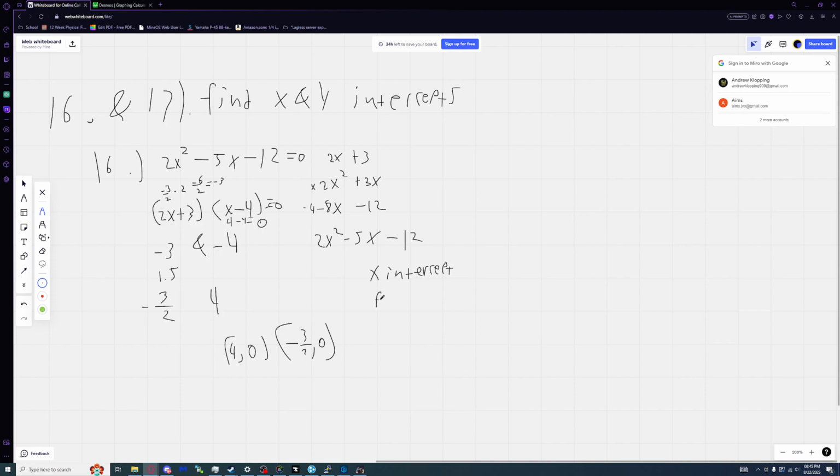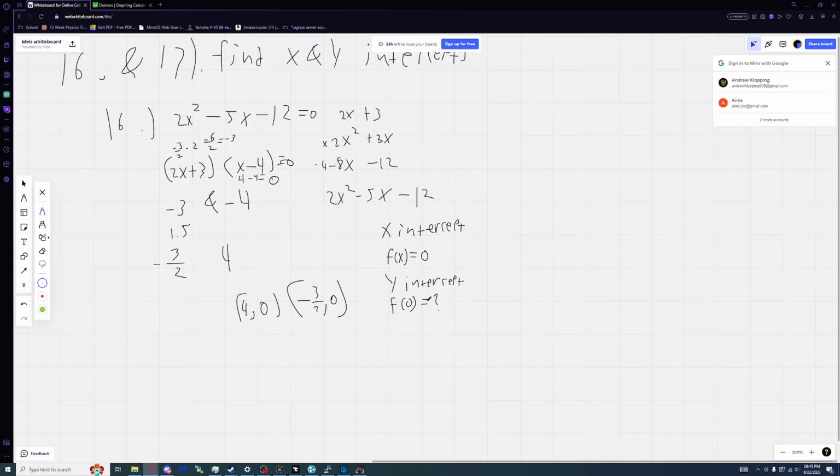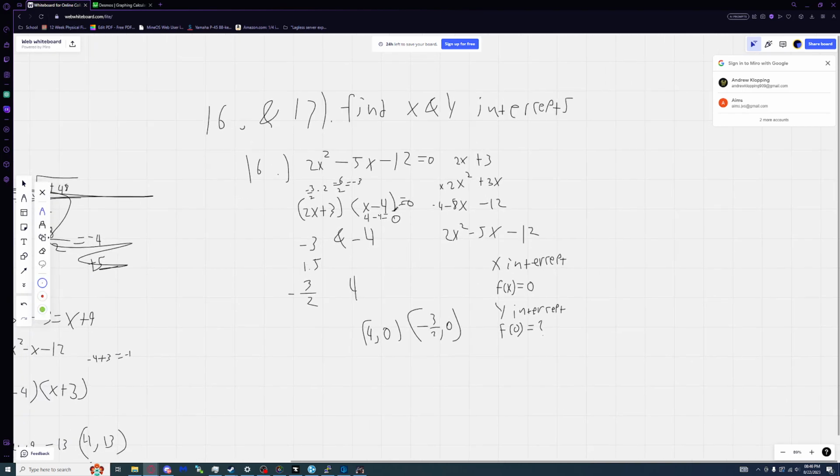You want to find when f of x is equal to 0. When you're finding your y-intercept, you want to find what f of 0 is. So that's how you find your y-intercept. You find when f of 0 is, and you find your x-intercept by checking when f of x is equal to 0. So over here, all we were doing is finding when f of x is equal to 0,